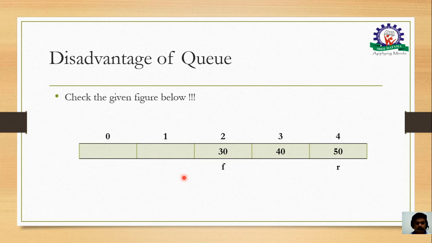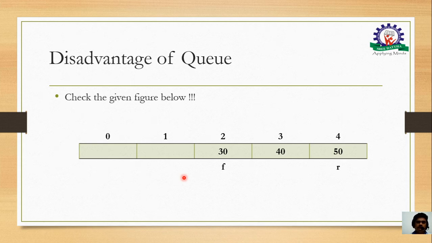This disadvantage can be overcome by moving the item at the front end of the queue to the very first location of the queue, and then shifting the remaining elements from the second location onwards. This shifting process is very costly in terms of computer time or memory space as a resource, since it takes more space to shift a very large amount of data from one index to another. So this method is not recommended.